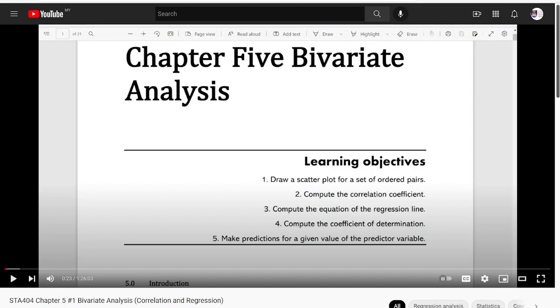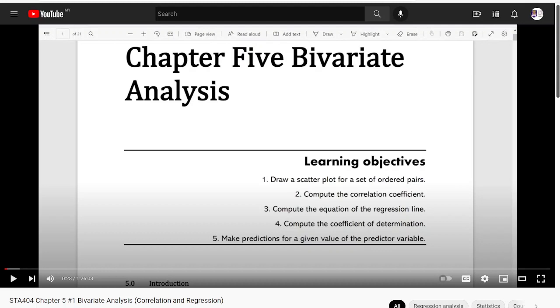Okay, so let's continue with our session for today. For your information, I already uploaded the discussion on this chapter, the whole of chapter 5, Bivariate analysis, whereby we have looked through the